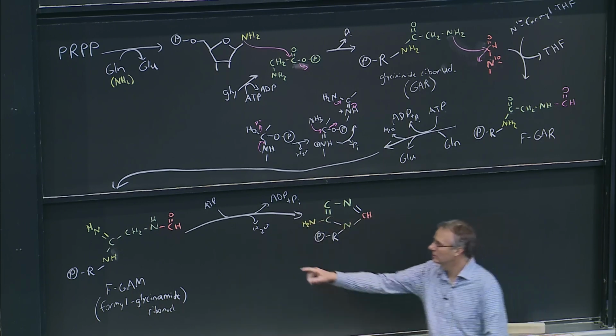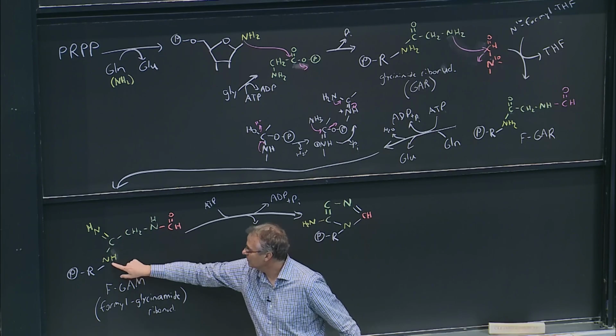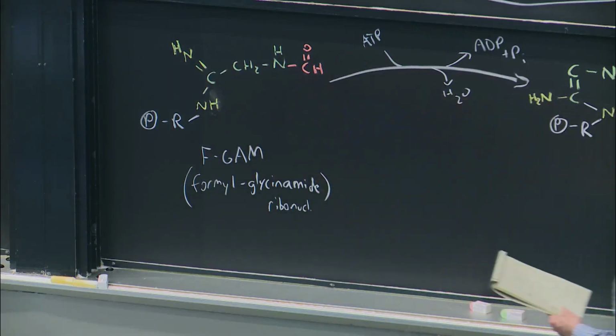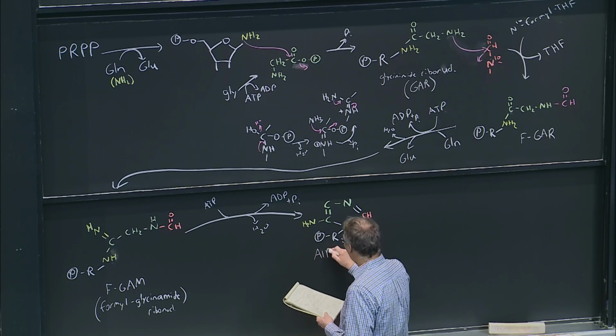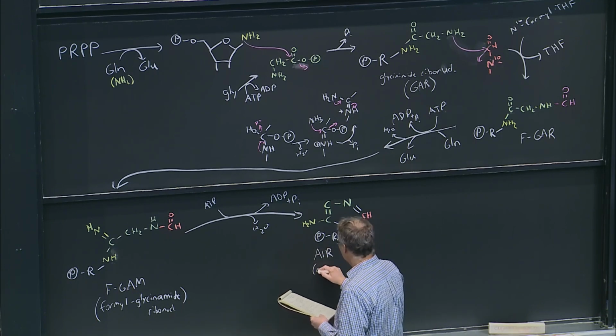So make a bond from this nitrogen to this carbon, close this ring. This generates this intermediate called AIR, or amino